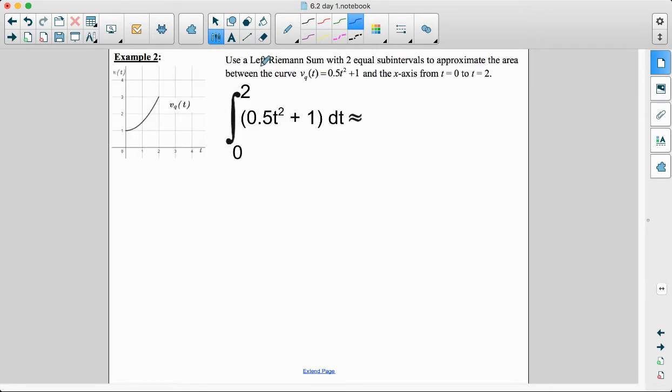So let's use a left Riemann sum. So we're having the left side of our rectangle touch the curve with 2 equal subintervals. So we're doing 2 equal rectangles, 2 equal bases, the rectangle width is the same, to approximate the area between 0.5t² + 1 and the x-axis between 0 and 2. So this is how Riemann would notate that, the integral. I just keep saying Riemann because he's the one who first came up with it. But we are going to use this integral symbol to mean find the area under the curve,